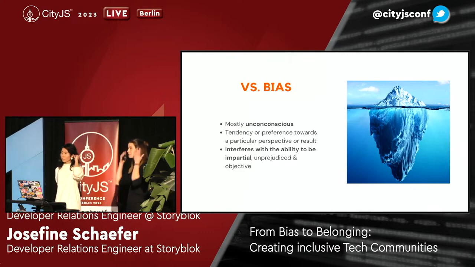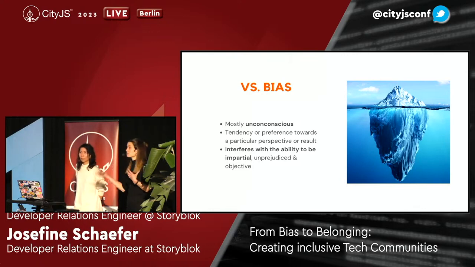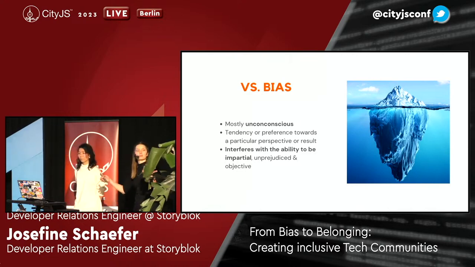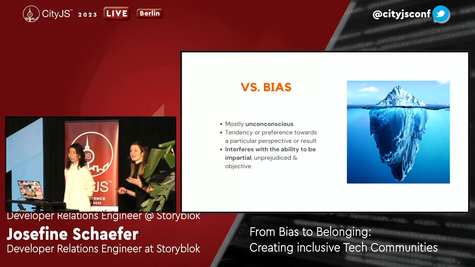It's a preconceived idea, but it's your internal tendency for one thing or another, whether you like a person or a topic, but it's unconscious. So it would be something like, I don't know, maybe you have a stereotype that all gamers, all programmers are super smart, and so you will unconsciously ask them about all the other stuff, and when they say something, you will trust them, right? Because you think they're very smart, and that would be the bias part, where you didn't think about it, basically. And it's important to